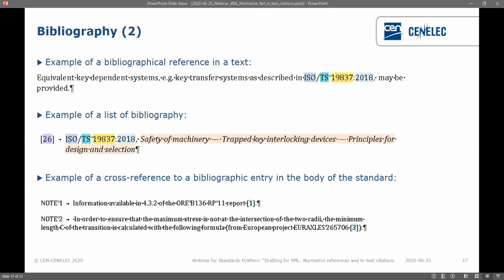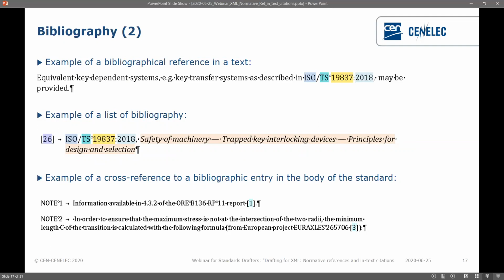Underneath, you will see the same reference, but listed in the actual bibliography part of the standard. Again, as Amy mentioned, all the color coding is linked to XStyle, so don't you worry about it. This is something that we do when we edit the text. You might have seen that in one of your documents. That will, of course, be gone by the time the document is published.